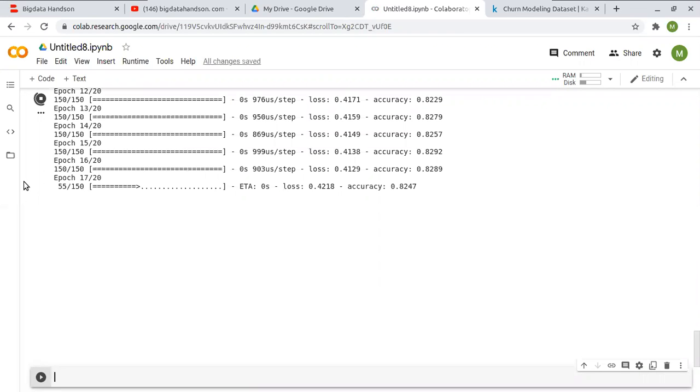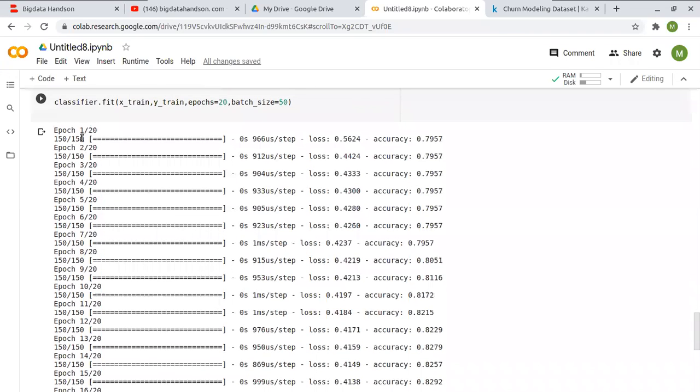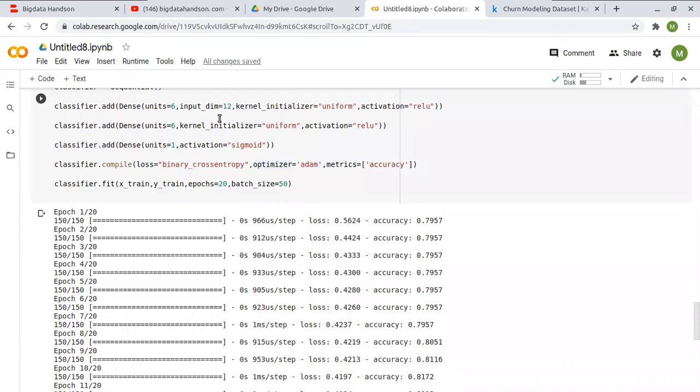So we can see the training has started. The first epoch, 1 by 20, means the first of 20 epochs. We have given batch size 50, so the number of data set divided by 50 is 150, so we have 150 iterations.